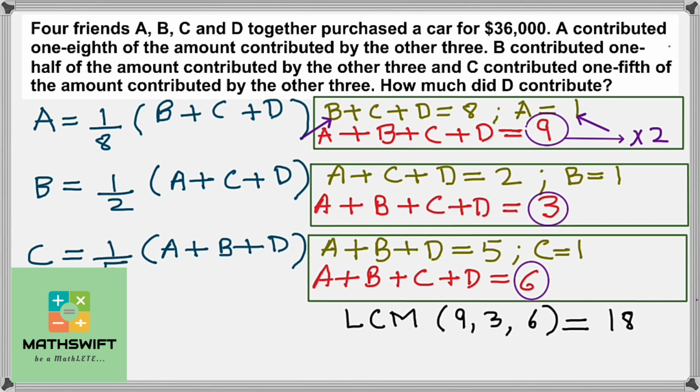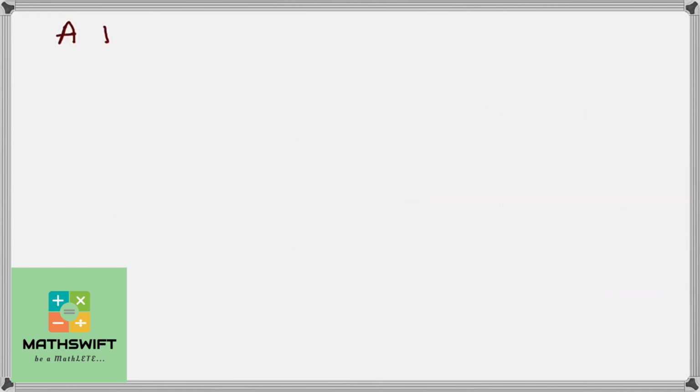So we multiply A, which is equal to 1, by 2 as well. Similarly, we multiply 3 by 6 to make it 18, and therefore B is equal to 1 by 6. We do the same with the third set of assumed data as well, like so. So the data that we now have looks like this.